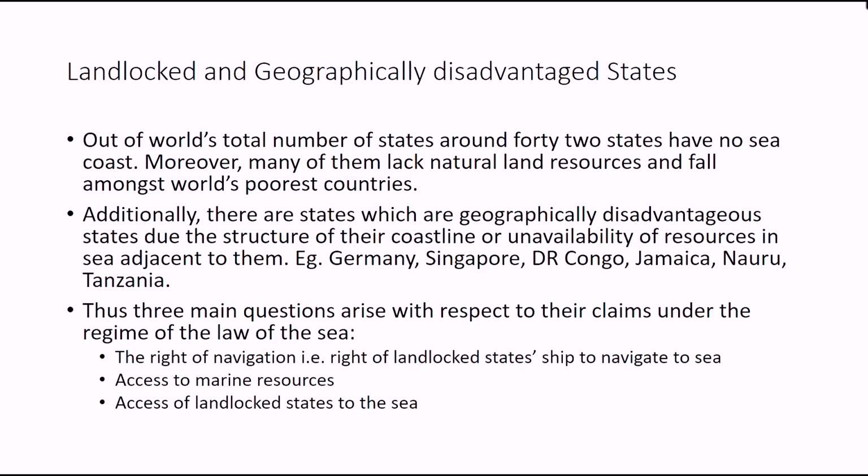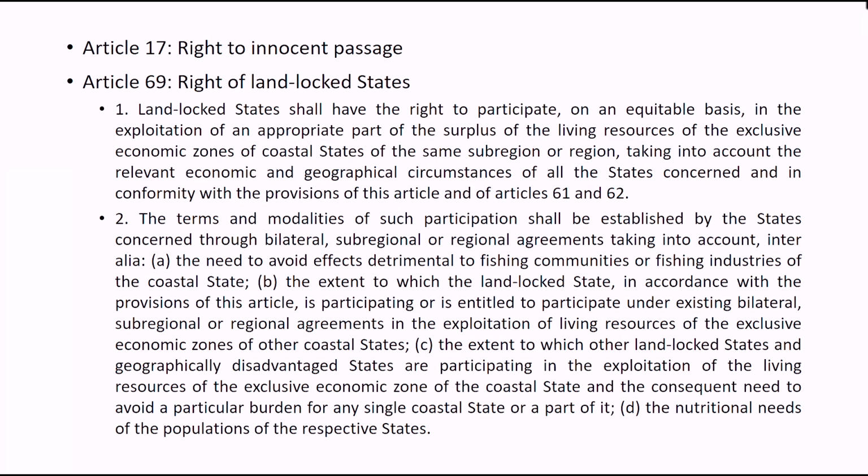of navigation, that is, the right of a landlocked state's ship to navigate to the sea, whether landlocked states can have their own ships, and how they navigate; and access to marine resources, access of landlocked states to the sea. They have the right to innocent passage as far as customary right is concerned, under Article 17 of UNCLOS also. At the same time, Article 69 talks about the right of landlocked states, and it says landlocked states shall